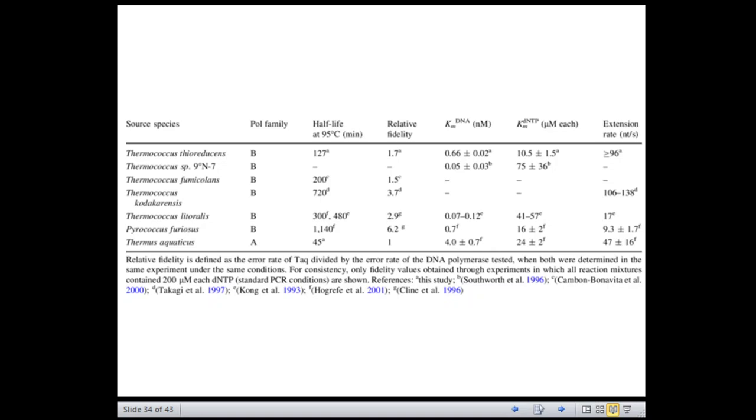Number one, polymerization. Number two, reverse transcription reaction. This dual activity of this Thermus thermophilus DNA polymerase allows RNA PCR to be carried out in a single tube, and it obviates the need for a separate cDNA synthesis reaction. That is the beauty of this particular polymerase from this species.